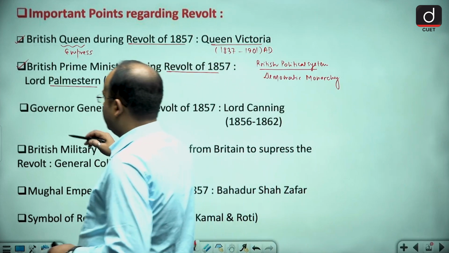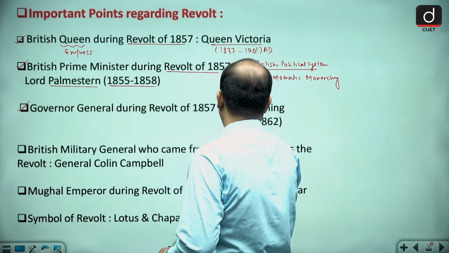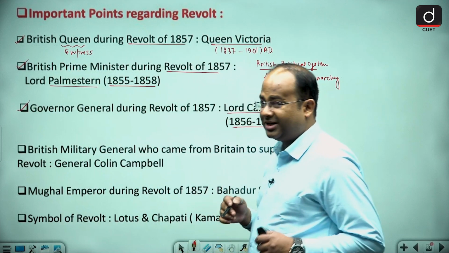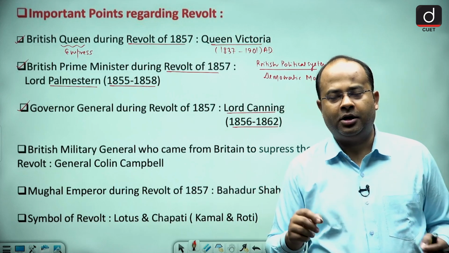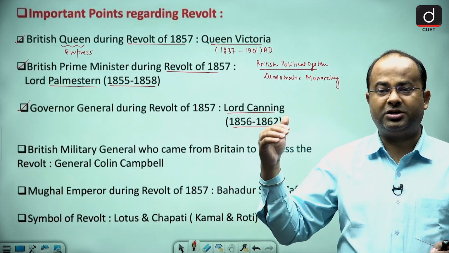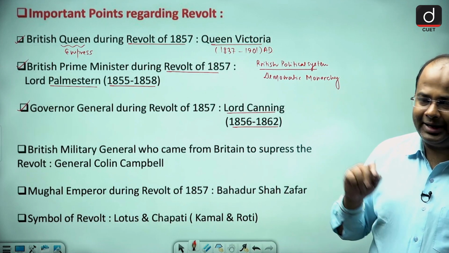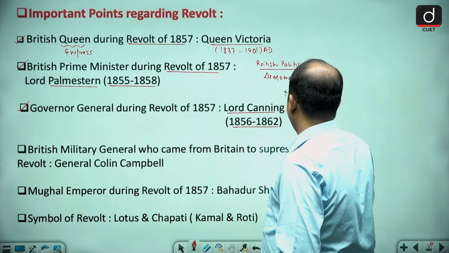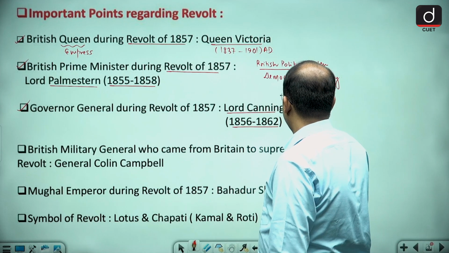Next is the Governor General of India during the revolt of 1857, that was Lord Canning. Guys, Lord was not the name, that was the title which was given to them, because they were the highest authorities in India. So Lord Canning was the Governor General from 1856 to 1862, and he was the last Governor General